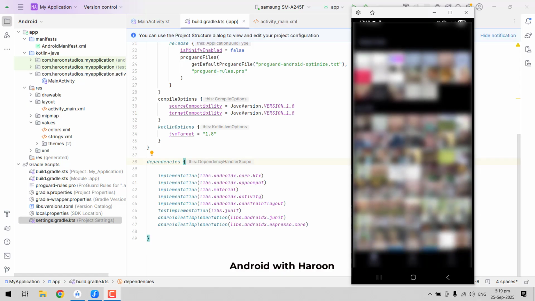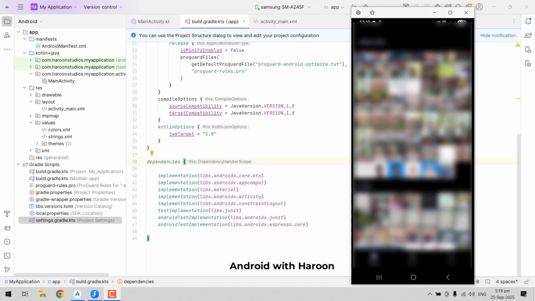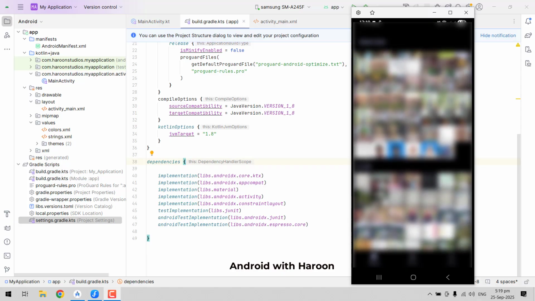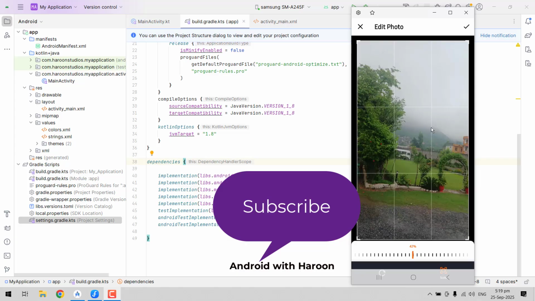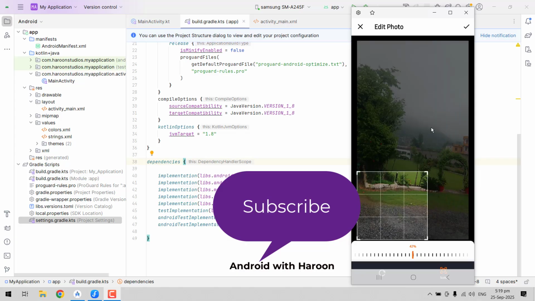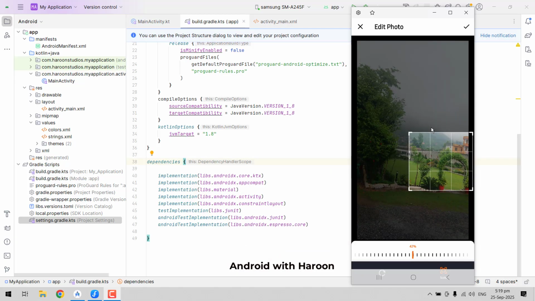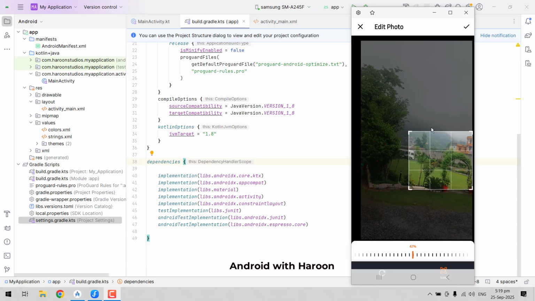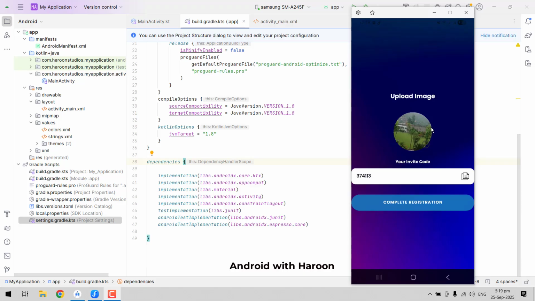Okay, you can see I can also crop it, and now my picture is ready to be uploaded to the Firebase. So here if I click on the complete registration,